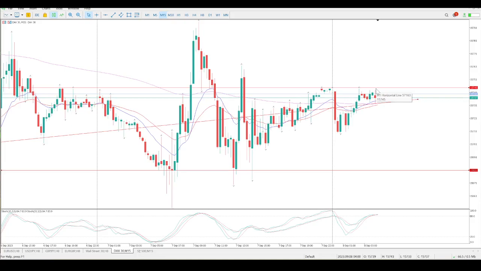What I want to see is a pullback onto structure. So 15,745, break above it, come back and test it properly. This bar here was a fairly decent test, but there was no follow through, so not valid. But I want something like this, a big inside bar, something like this, a big pin bar. That's the structure that I want on the retest. So let the price run past it, let price come back and test this area,